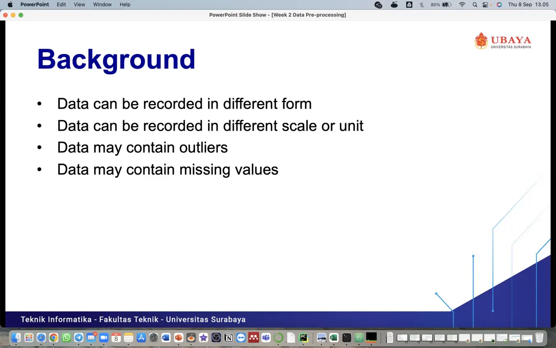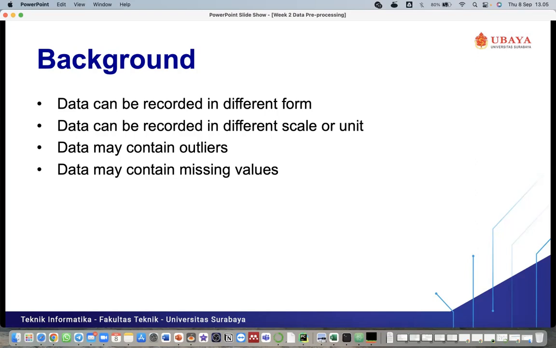For example, the age should be from 0 to 90, but maybe there is some human error, and they type 900. There is no human that is 900 years old. So that's why we need to remove the outliers first, before we use the data set.